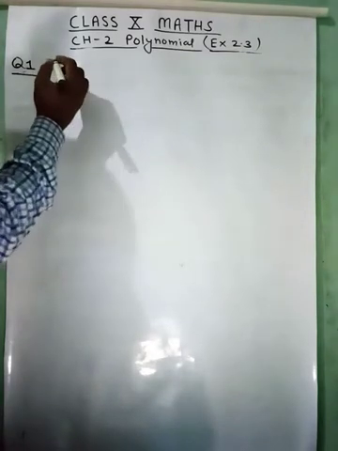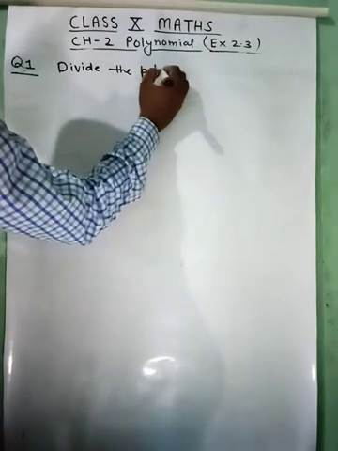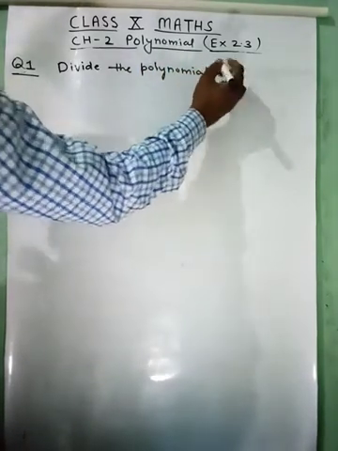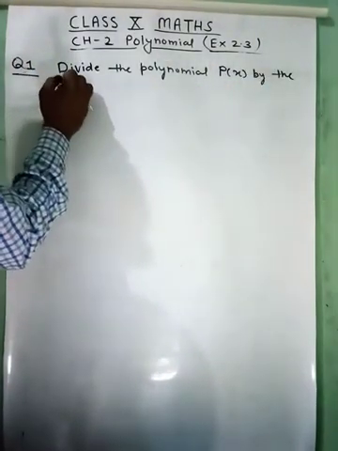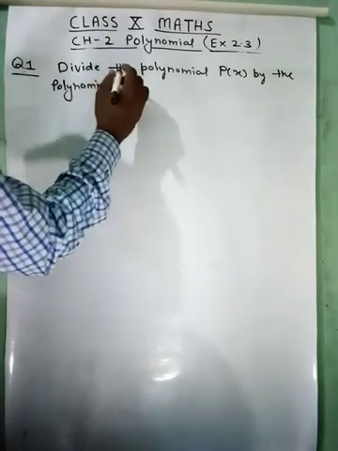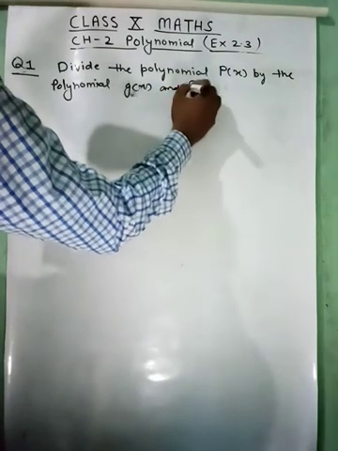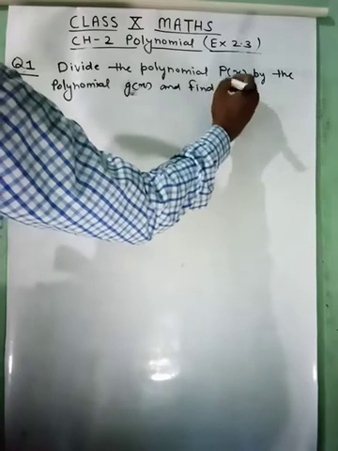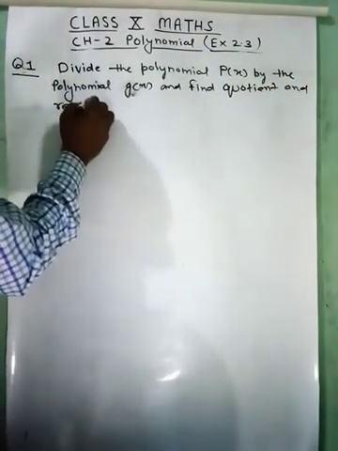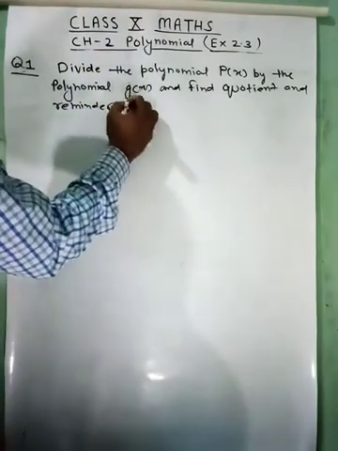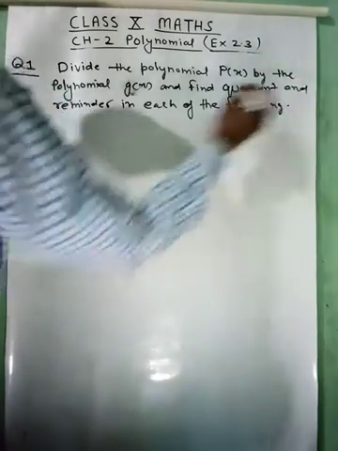In this question it's asking: divide the polynomial p(x) by the polynomial g(x) and find quotient and remainder in each of the following. Question number first is